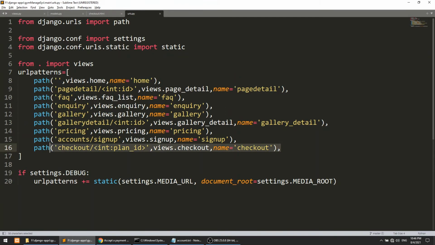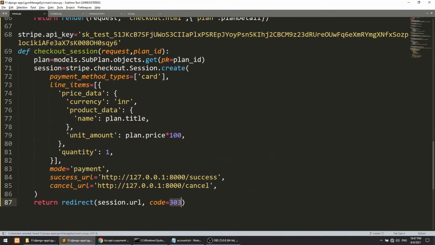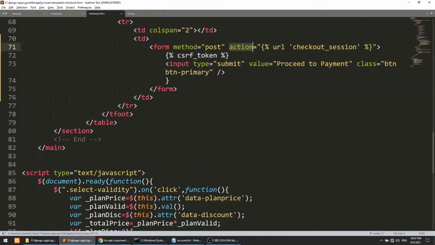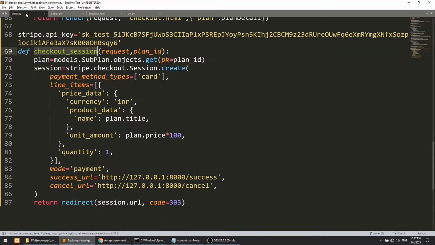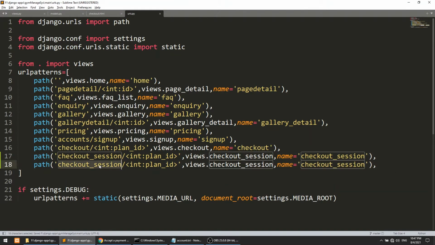So I will go to this. First of all, we need to create this checkout session also in the URL. So I'll create it here, and this will be plan ID. This is fine. Checkout session, and in the checkout page, this is checkout session. Okay, and let's go to the success one.